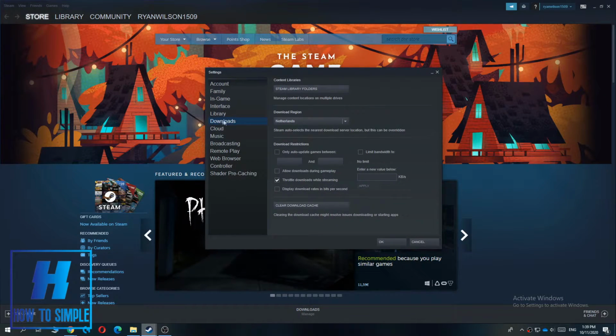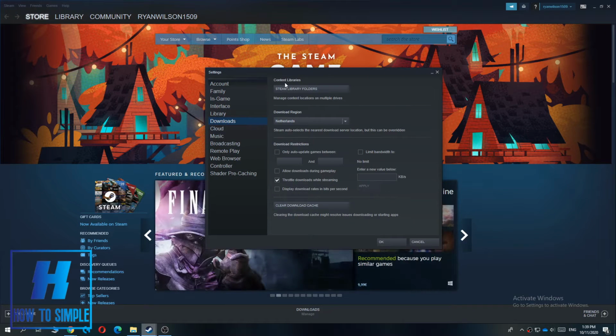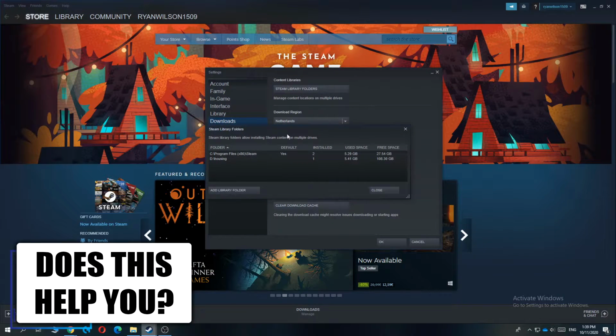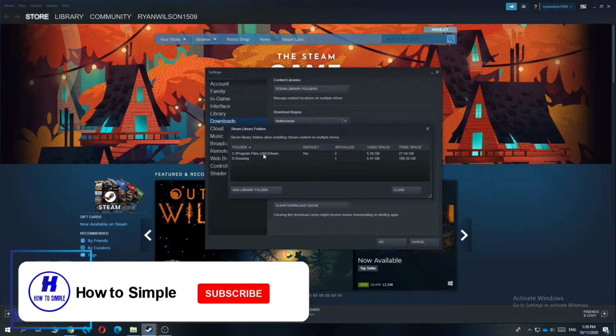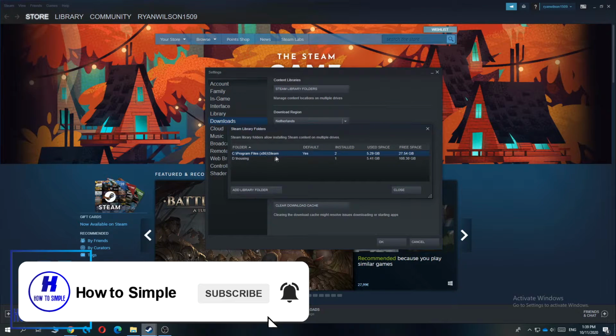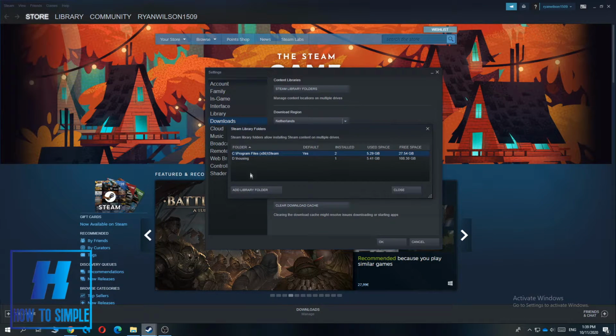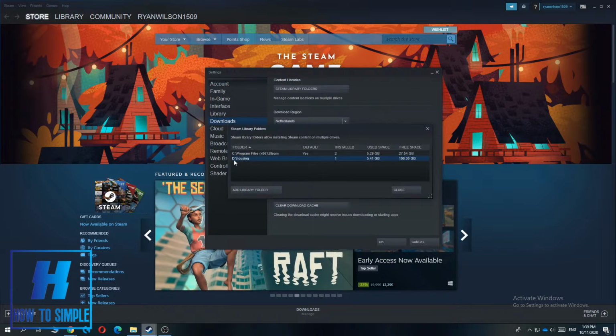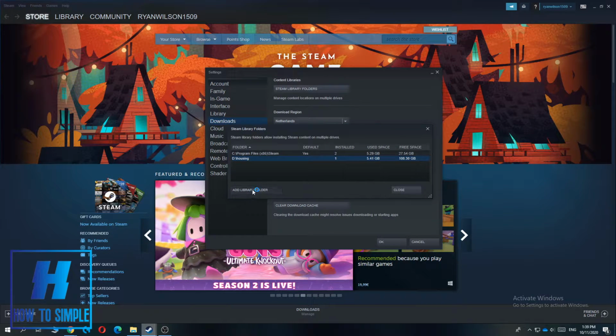And now you want to go to downloads over here, and then you can see the content libraries, the Steam library folders. You can hit this, and as you can see, this is the default download folder. You can change this. So for example, I have another one over here. I can make this default by hitting make default, but if I want to, I can also hit add library